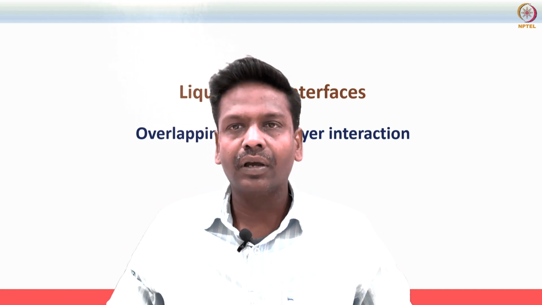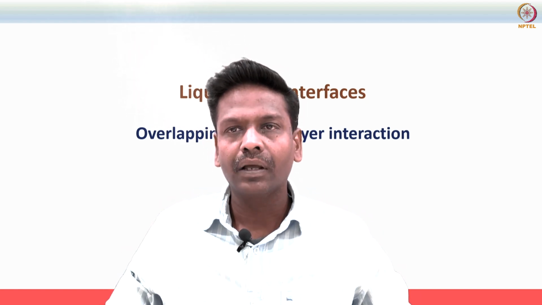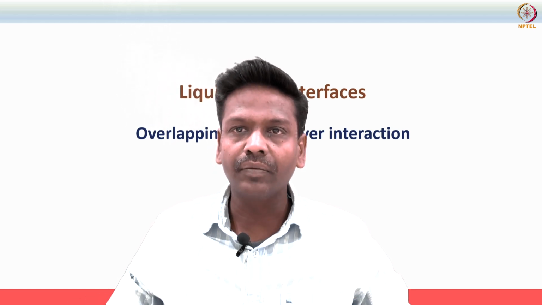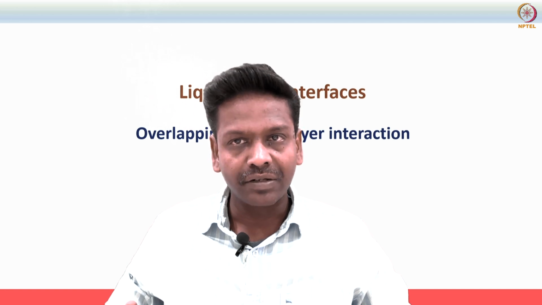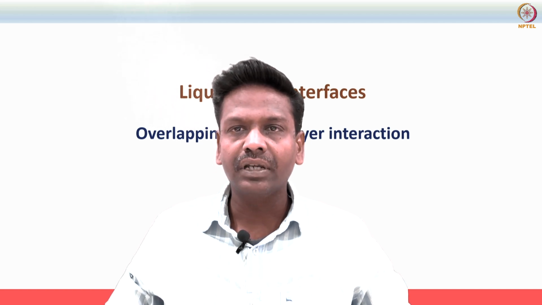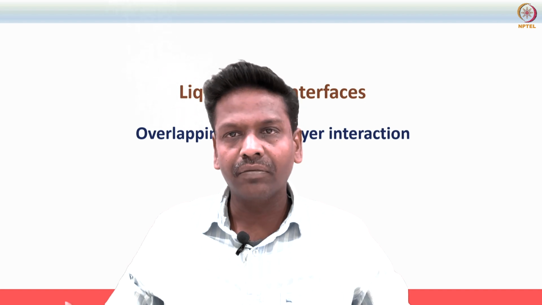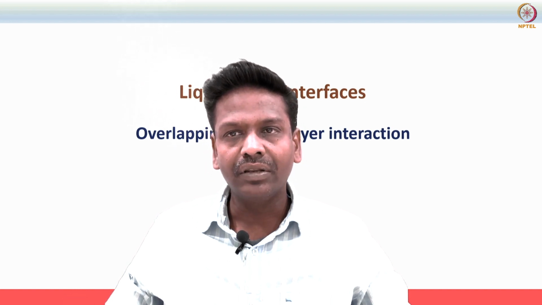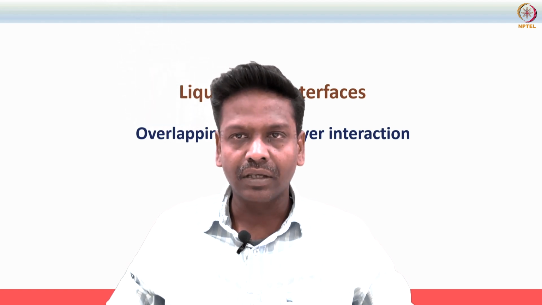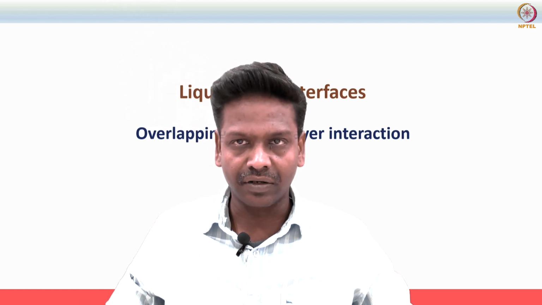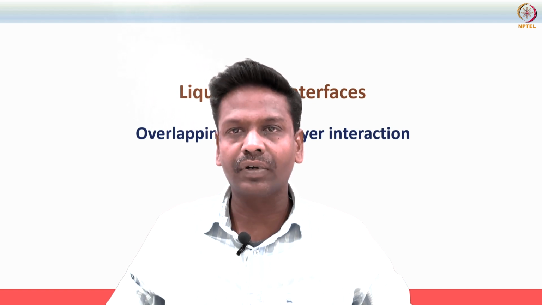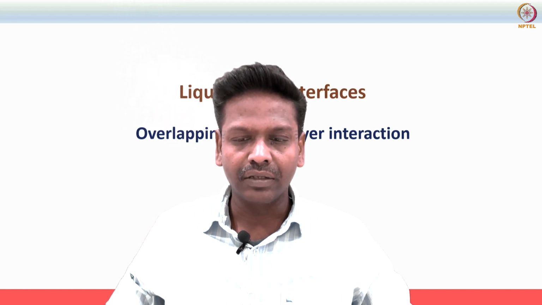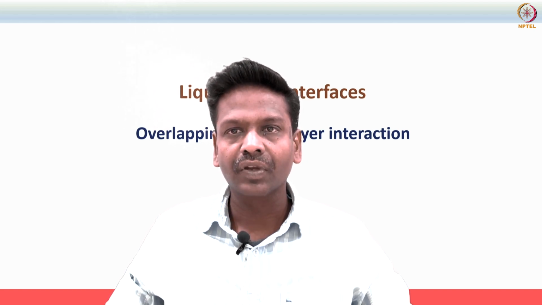Let's say we have looked at the electrical double layer models, right from the Helmholtz model, Gouy-Chapman and Gouy-Chapman-Stern model. Now, if we have two charged surfaces, when they interact with each other, there can be electrostatic repulsion due to overlapping of the double layer between the charged surfaces. We are going to look at this interaction in this video. Let's begin.